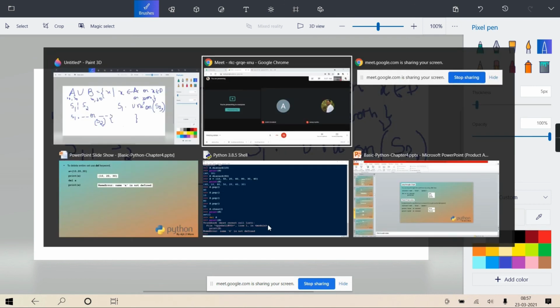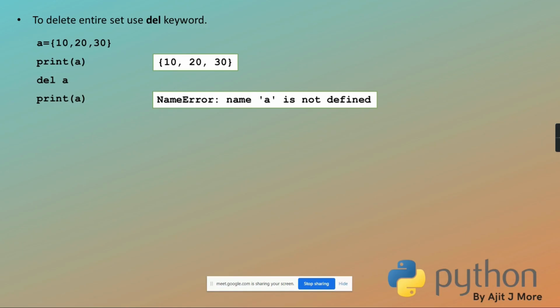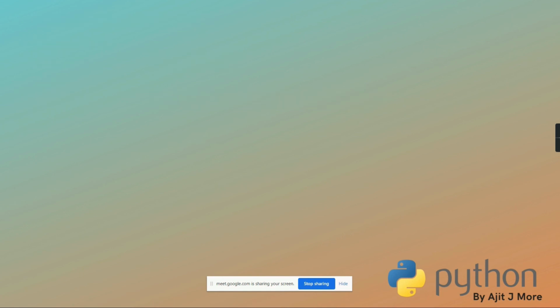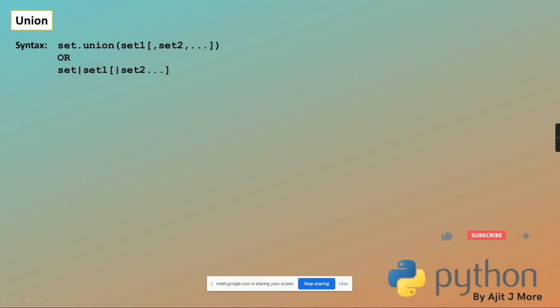Okay, so like union, there is intersection, there is difference, there is symmetric difference. All we'll see one by one. See, here the union method is there, one set object is there as an invoker. This is implicit, this is one set object dot union, and then you can pass one or more sets, and union can also be done by this overloaded or sign. This or sign also does the work. So implicitly it's going to call one dunder method, which I showed you.